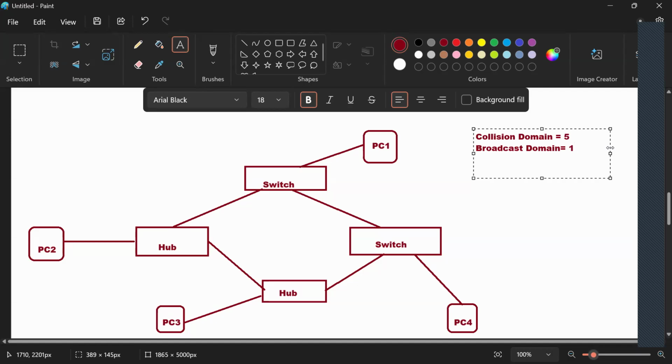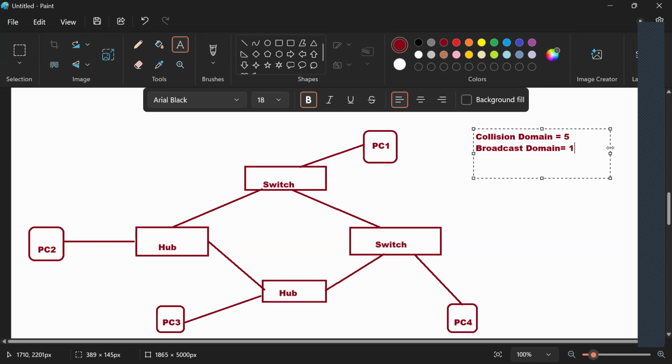This is the answer. How? Why? Okay. One broadcast domain. And how? 5 collision domains. Single collision on PC1, PC4, and between the switches.